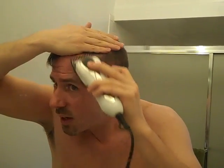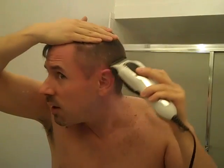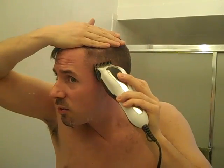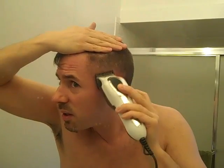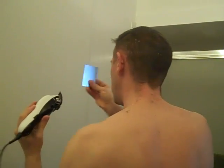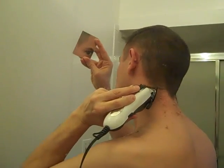And again, I have to be a little bit careful. It's right there that I always mess it up. But this is working out okay so far. So I'll show you a little bit about the back and I'll do the rest of it by myself because it'll bore you. Okay, this is another one of those things where it's tricky